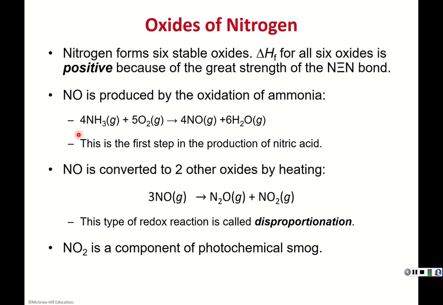Right. So NO is produced by the oxidation of ammonia. If you oxidize ammonia with O2 gas, you get NO plus H2O. By the way, this is the first step in the production of nitric acid. NO can be converted to 2 other oxides by heating it, and you can get N2O